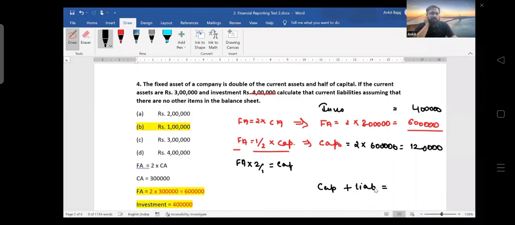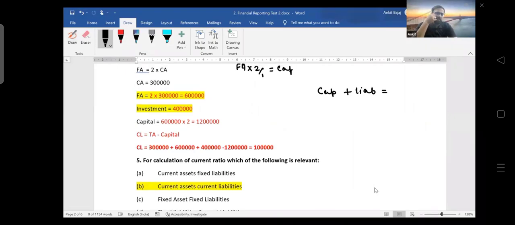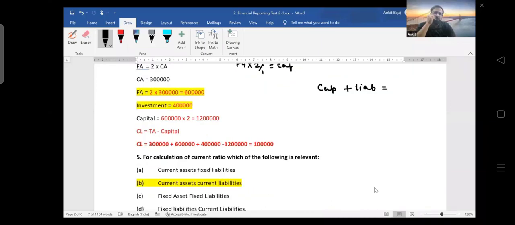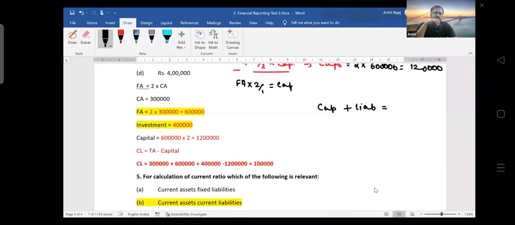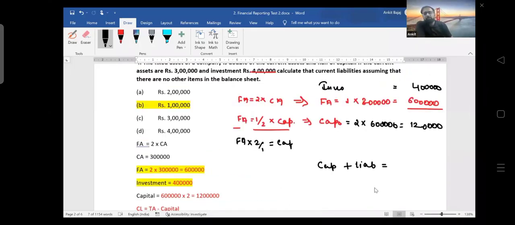Let's see here for a second what I have done. Yes, I took capital as 12 lakh. Okay, current asset is given. I'm sorry. Yes, so capital plus liability is going to be the